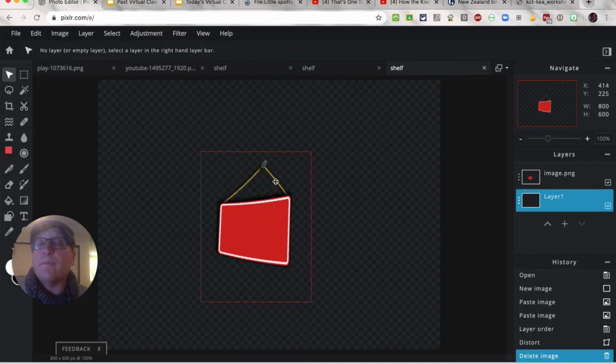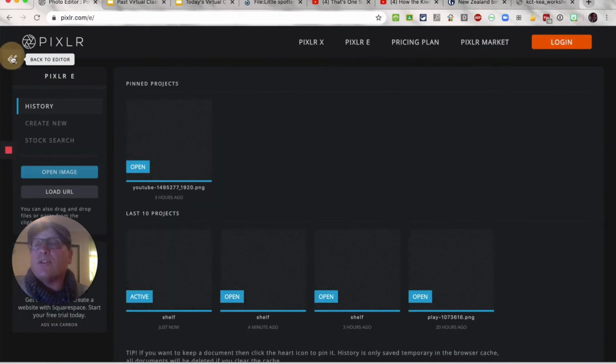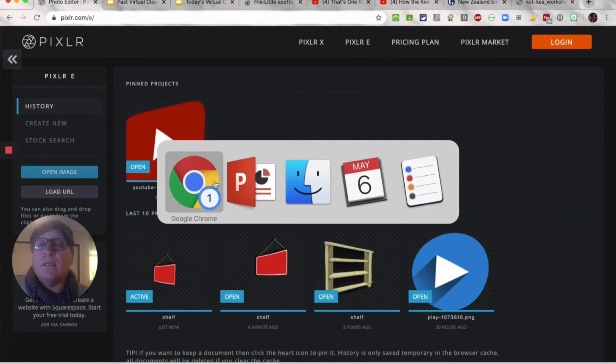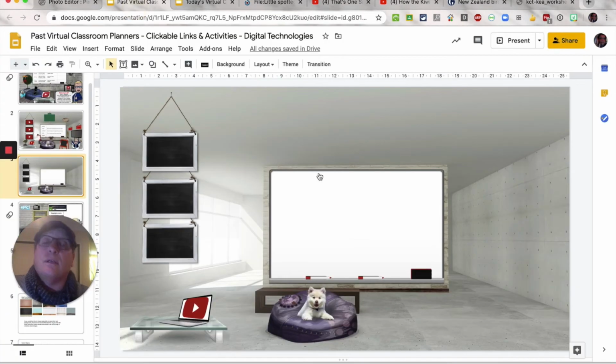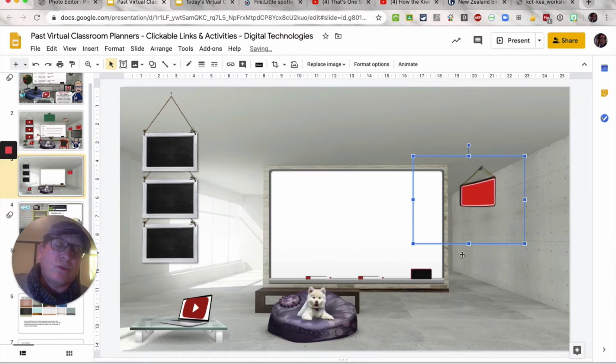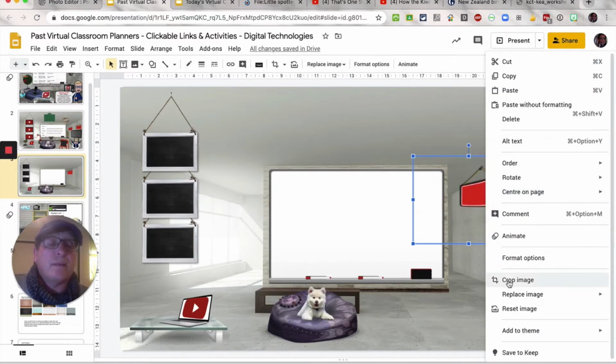Press the home key and there it is, ready to start. So copy the image and, whoops, back to our virtual classroom. Now you notice when I paste it, because the image size was actually bigger than the actual image itself, I'm going to have to crop that, otherwise I'll constantly be clicking on areas around this and getting this selected. So two-finger click or a right click and crop